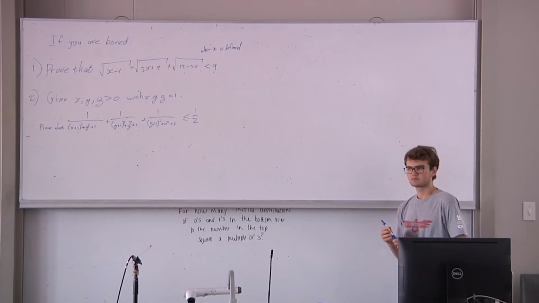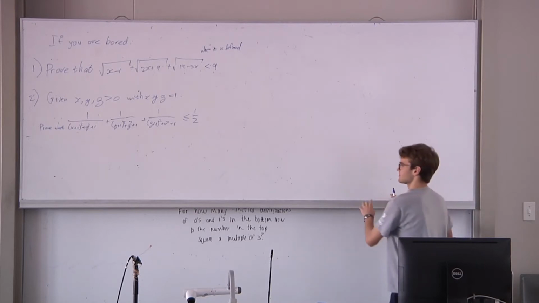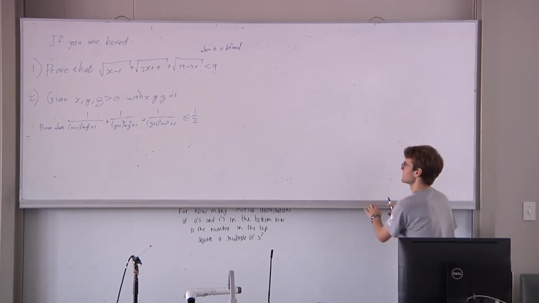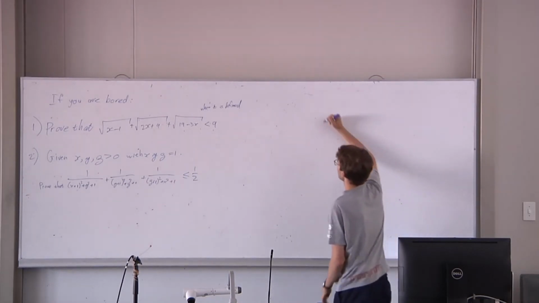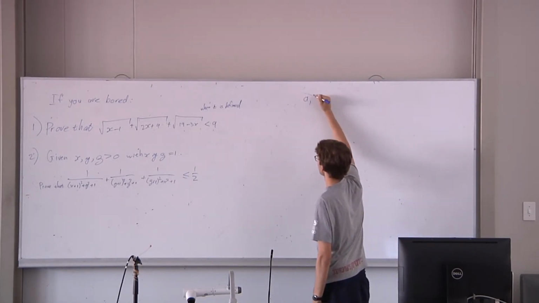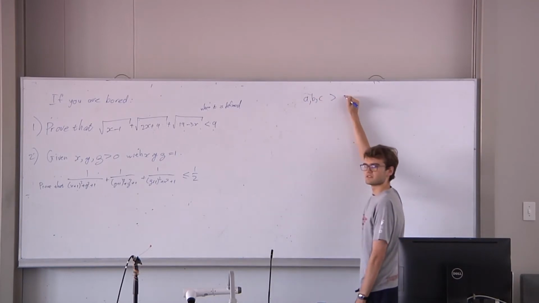So I finished marking question 4 today, the algebra question. I thought we should probably go through that some. So we have 3 positive real numbers, a, b, c, greater than 0 with